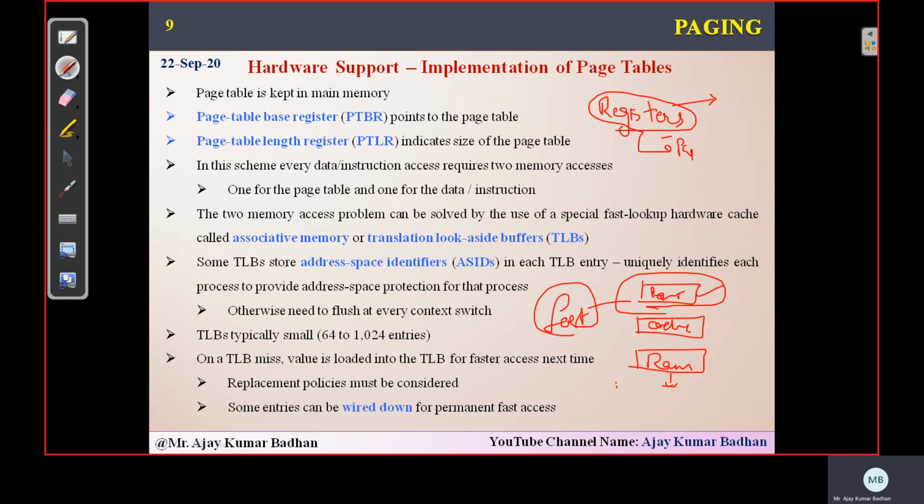That we know. But we said that the memory of this register is hardly 1 KB, 1 or 2 KB. So the capacity of this register is very small, and it can support only up to a certain limit. For example, if you are placing one page table into this register, it can support only up to 256 entries, not more than that. If you try to add additional entries, this register may not work properly.